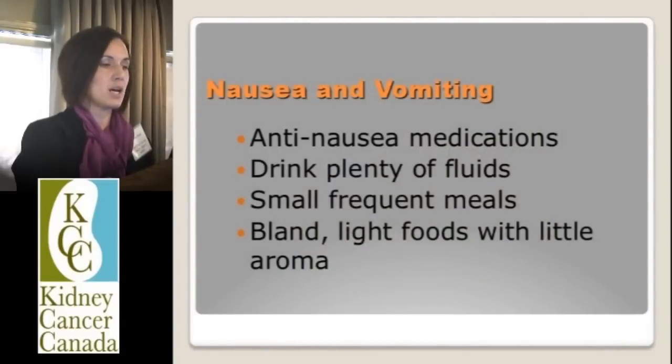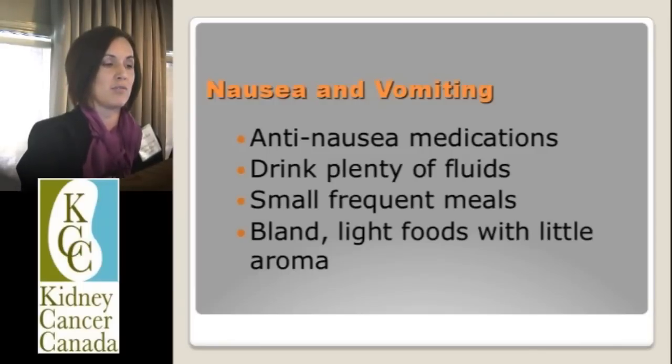Nausea and vomiting. The most important thing you can do to help manage your nausea and vomiting is taking the anti-nauseant medications that your doctor prescribes. An early sign of dehydration is nausea, so if you're feeling a bit queasy, you want to think back to how much fluid you've actually drunk in the day,